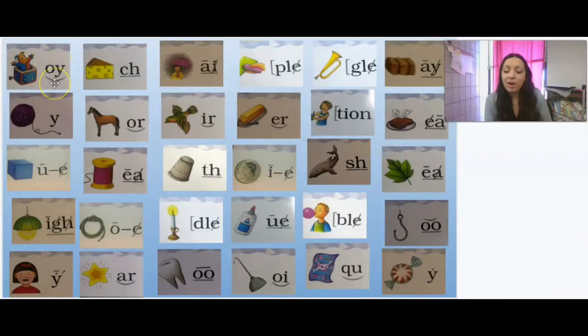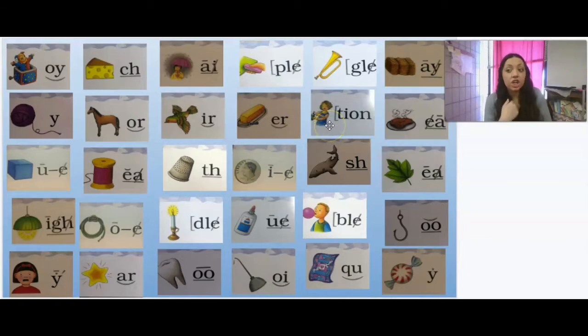All right, let's get ready for our sound cards. Are you ready? So I have toy, oi, diphthong O-Y, cheese, ch, digraph C-H, rain, A, digraph A-I, staple, pull, final syllable P-L-E, bugle, gull, final syllable G-L-E, hay, A, digraph A-Y, yarn, Y, horse, or, combination O-R, bird, combination I-R, butter, combination